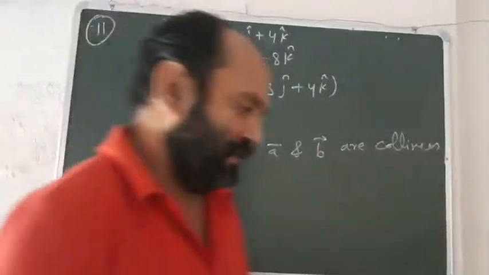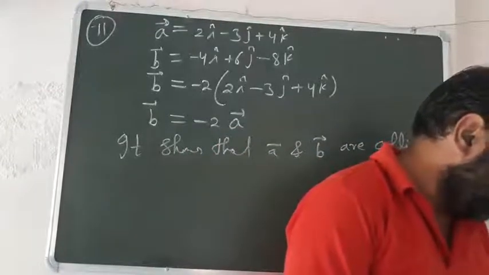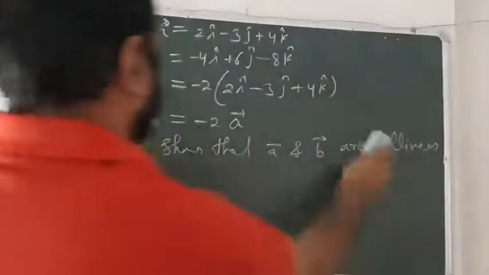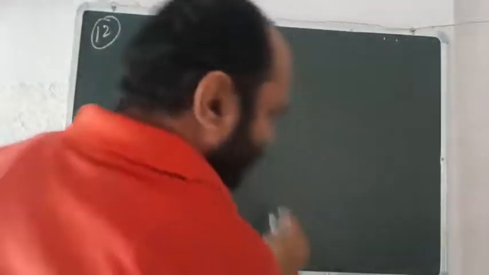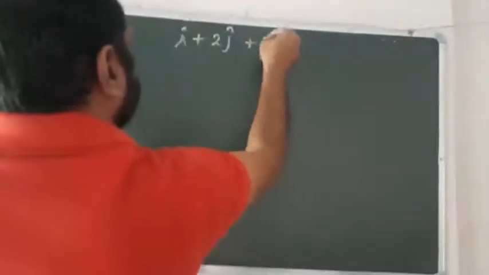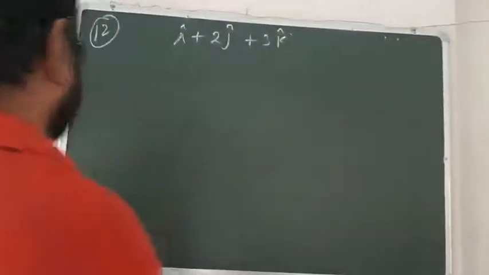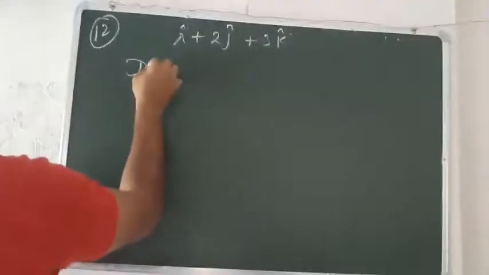ठीक है जी, ये collinear है। नेक्स्ट क्वेश्चन, क्वेश्चन नंबर 12, फाइंड द डायरेक्शन कोसाइन्स ऑफ द वेक्टर i cap plus 2j cap plus 3k cap। So beta ji, you have to find the direction cosines of this vector। So first of all we have to find the direction ratios।